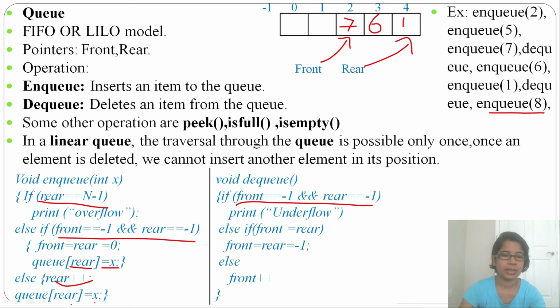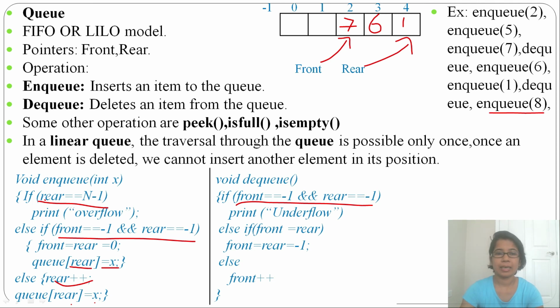So what will it check? So now first condition, if rear equal to n minus 1, rear is pointing to 4. Yes, so we consider n equal to 5. Now rear is pointing to n minus 1, which means it is also an overflow condition. Now you cannot NQ, you cannot insert. Although there is space, the first and second positions are left blank, still you cannot insert. Okay, so this is the overflow condition.